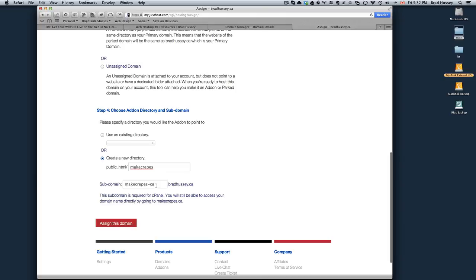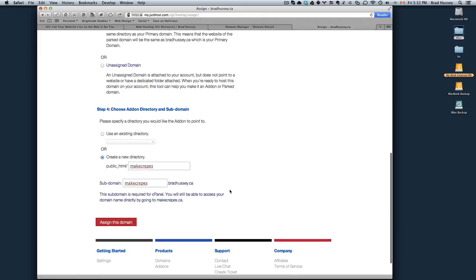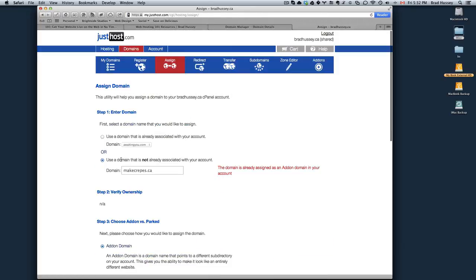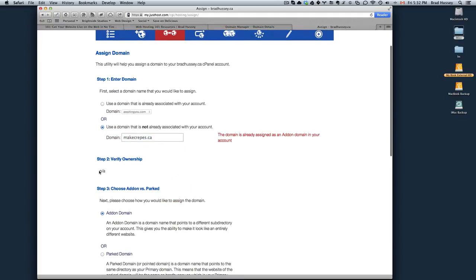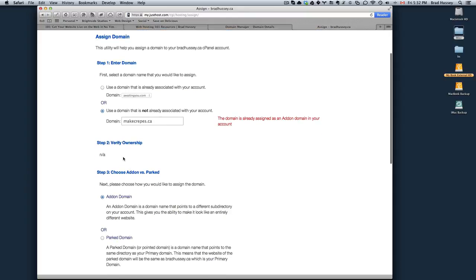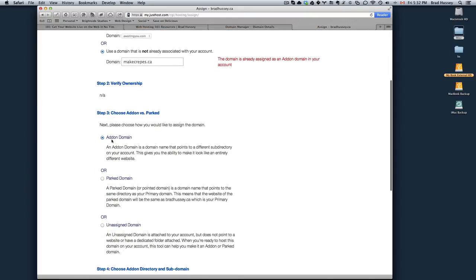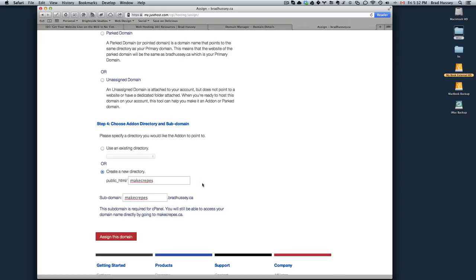Subdomain. This will just be, you can also navigate to your website. If you already own a domain name, it will just give you the option of having a subdirectory. So for example, in this case, makecrepes.bradhussey.ca would also go to makecrepes.ca. But in your case, I would just leave all the defaults. All you really need to do is use a domain that's not already associated with your account, type it in, verify the ownership, follow the directions in step 2, and step 3, choose add-on domain, leave the defaults, and then